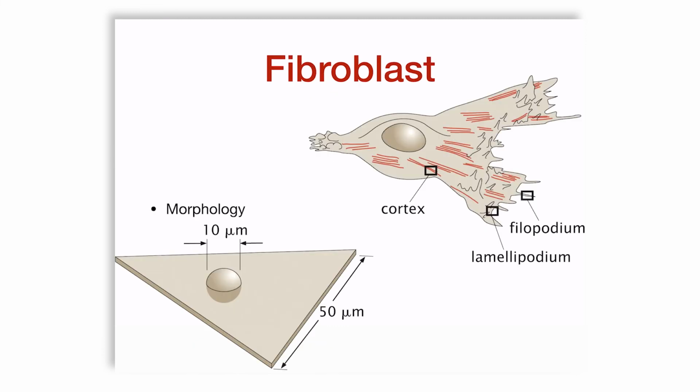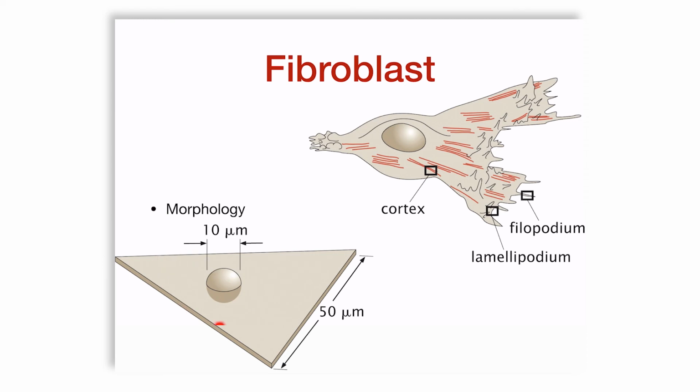As far as cells go, so far we've talked about the cartoon representation of E. coli. Now let us talk about a cartoon representation of a more complex cell, a larger cell. This is the fibroblast. This fibroblast, I said earlier, looks like a pizza slice. It has cortical fibers, which are made of actin, that extend into these extensions called filopodia and lamellipodia. They have a bulging nucleus in the center, and it forms almost a two-dimensional structure.